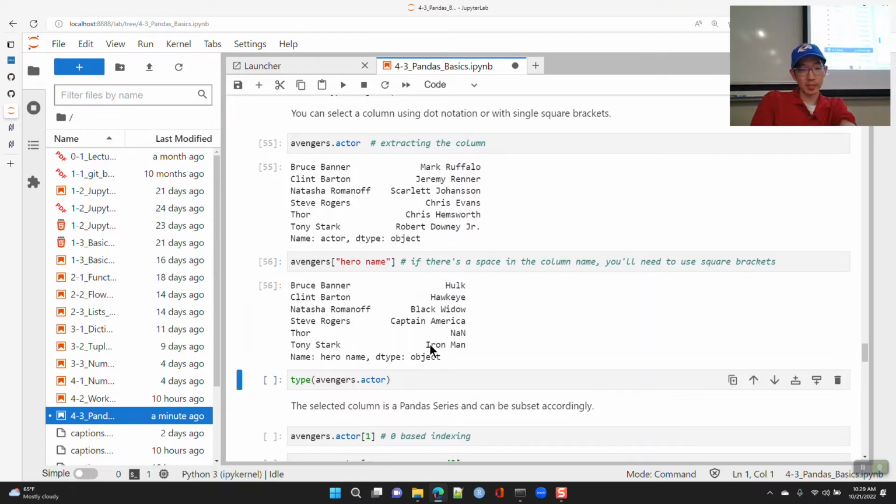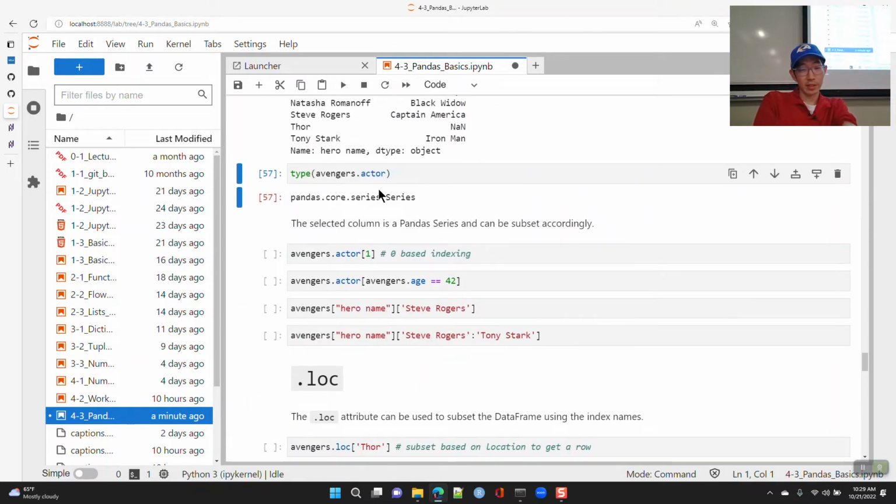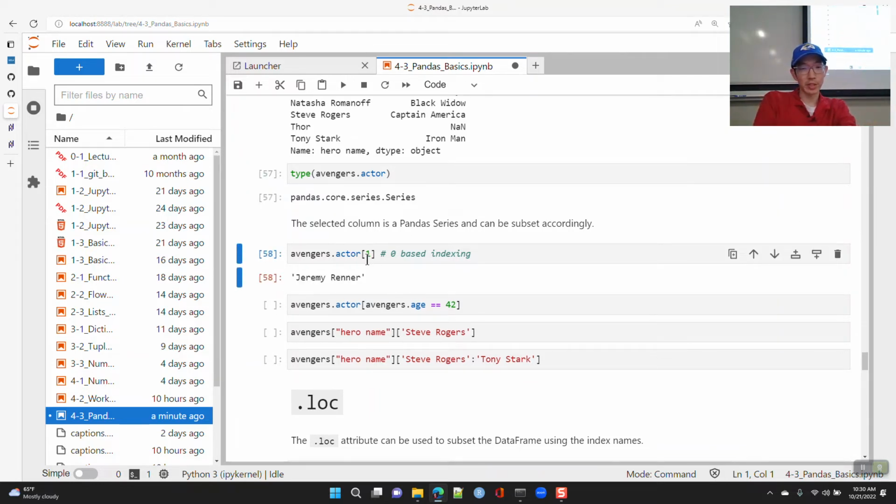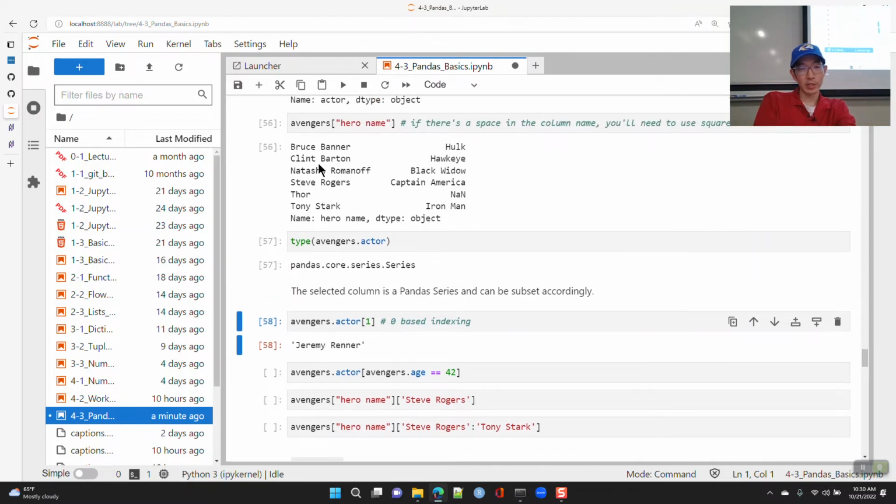When you select a column, it is going to be a series, and you can pull them out accordingly. So you can do zero-based indexing. Here, because the index uses the character name, index 1 will be Clint Barton.